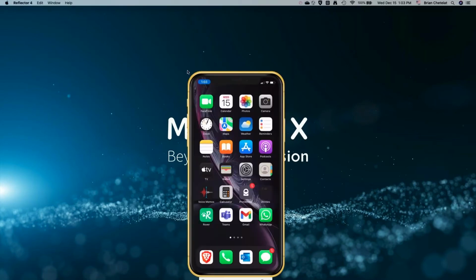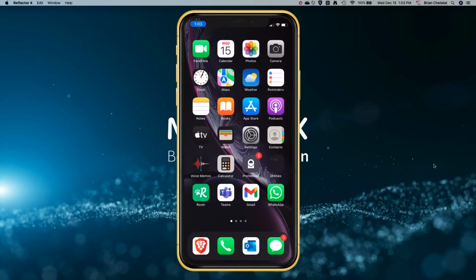I'll go ahead and bring my phone up to the screen so you guys can see it. This is simply my iPhone. This is not a simulation or anything. This is just the real McCoy. Today we're just going to do an overview of the Live app, and I'll show you how we get to that.